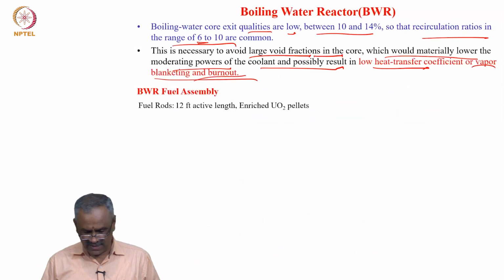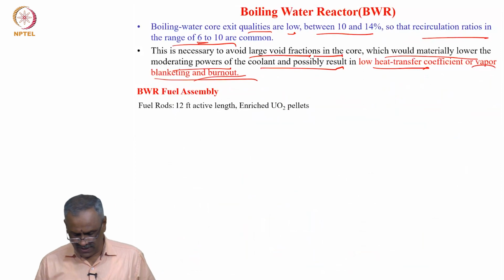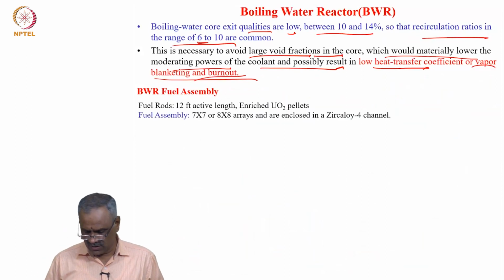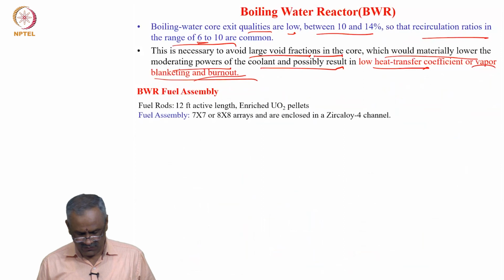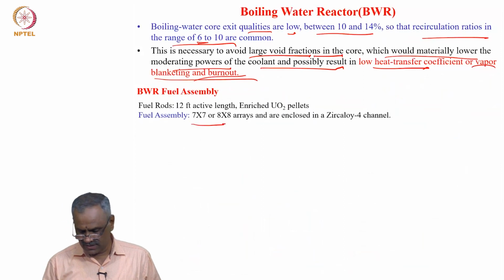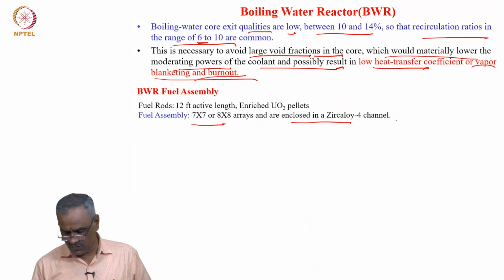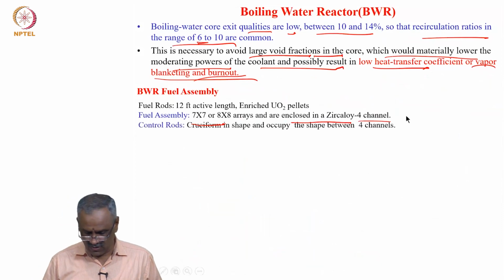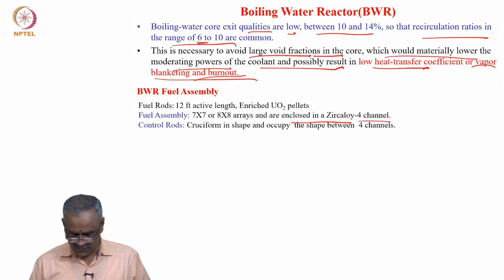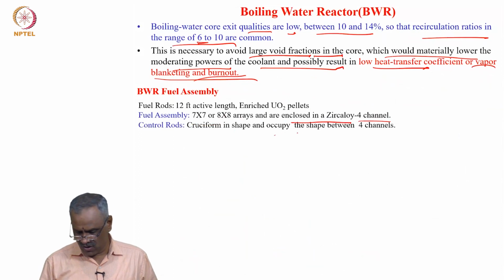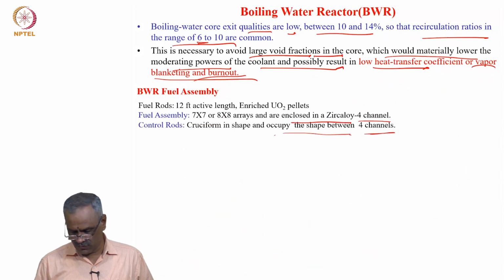So, if you look at the assembly here, it is 12 feet active length, enriched UO2 pellets, and the fuel assembly is in this format, 7x7, 8x8 arrays, with Zircaloy-4 channels, and then the control rods are mainly cruciform in shape